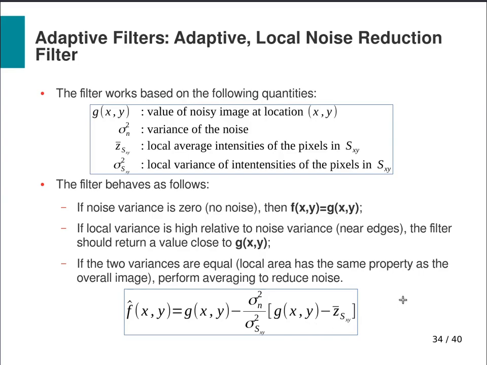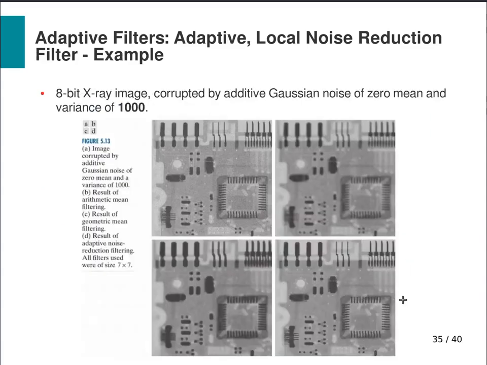Of course, you can see that this filter is very simplistic, but even with its simplicity, it can perform very good. So let's just take a look at one example. On the top left, we have an image that is corrupted by additive Gaussian noise of 0 mean and a very large variance. The variance is 1000. So on the top right corner,